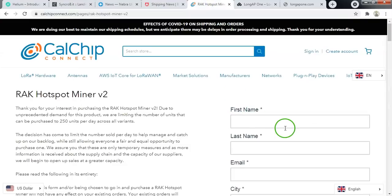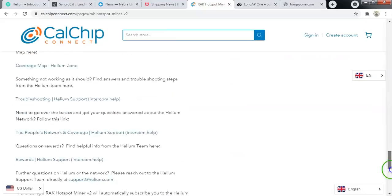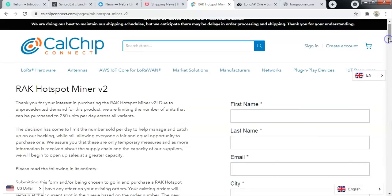Now we look at Rak. Again, Rak have limited the orders that you can place to 250 units every day, and they are operating a type of a lottery system. So if you're interested in purchasing a Rak version 2 miner, first of all, make sure you go to the